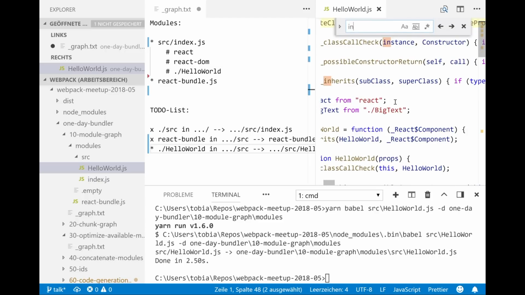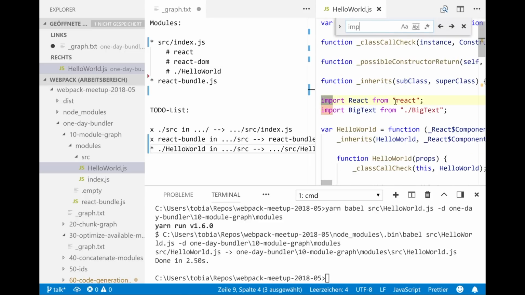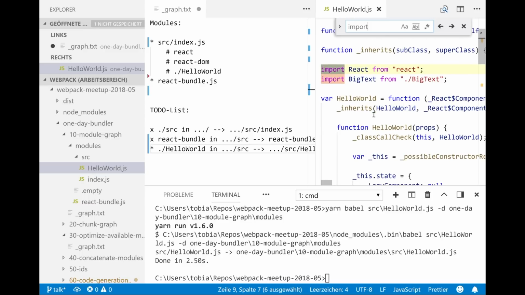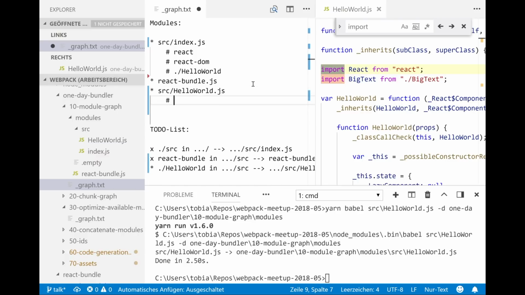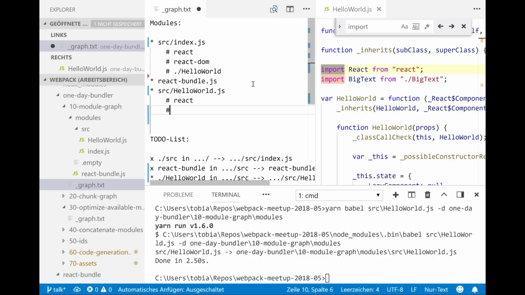Okay, we look for imports. We don't care about the code. Webpack only cares about imports and requires, it doesn't care about the code. And we added to the module graph source/hello-world.js and have React. And we have this dependency on big text. This is our ESM module.